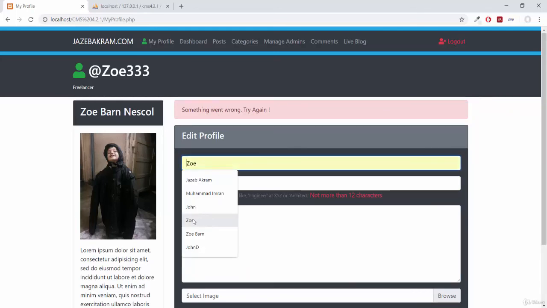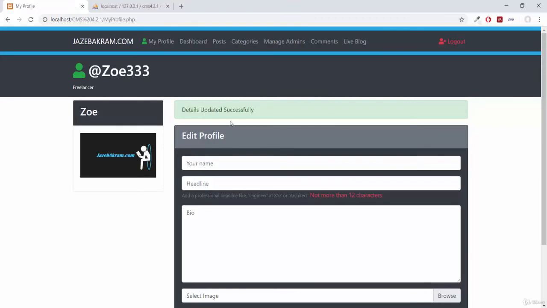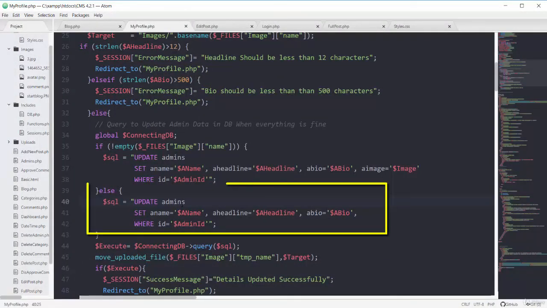So if I give it again some Zoe, freelancer, nothing for bio, but select my image of this 3.jpg, publish, see, details updated successfully. So some problem is with the query when we don't have our image name. So we have to check that SQL. So update my table of admins, set my a name, a headline, a bio, where ID is equal to this one. Oh, sorry. I have to remove this comma from here